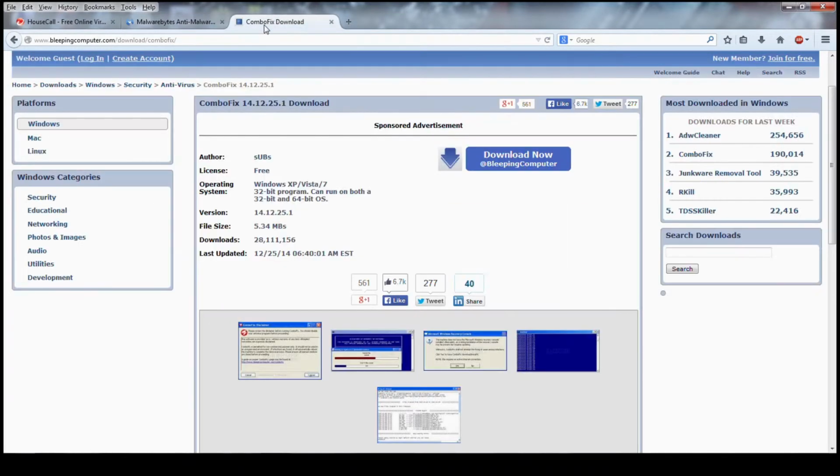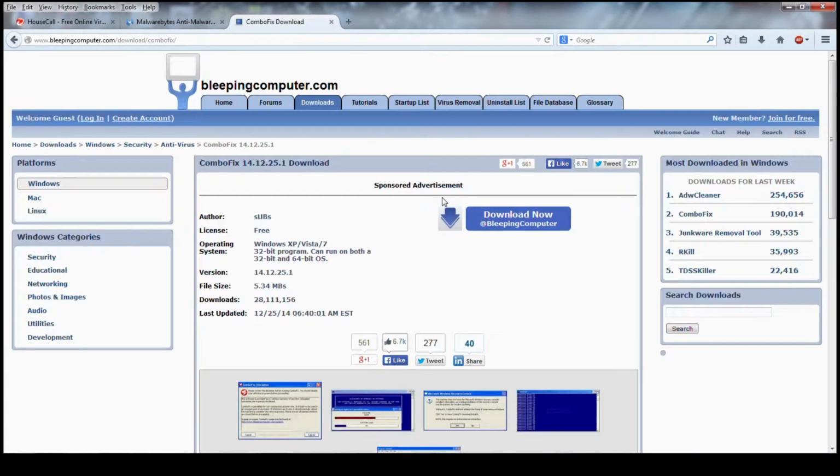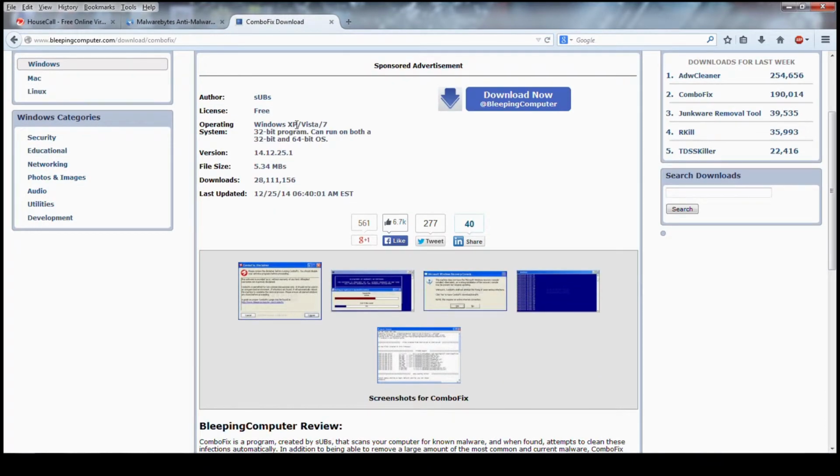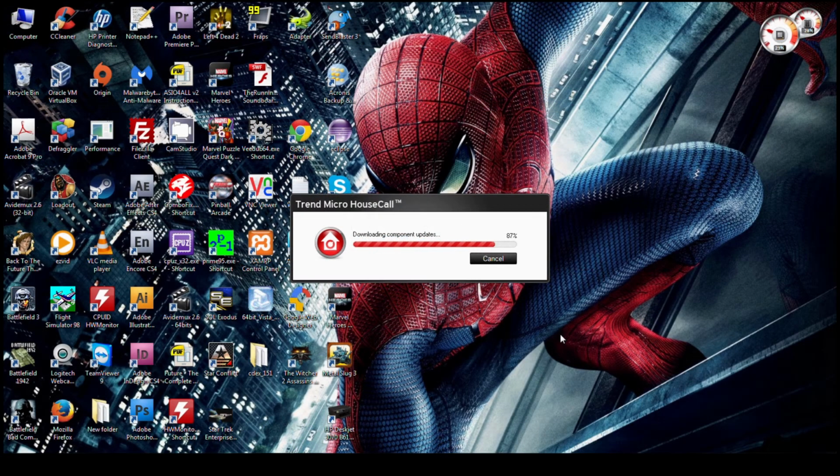and then the next one is Combo Fix, which you can get from bleepingcomputer.com, and I'll go through this with you afterwards. So as I was saying, you have a virus on your computer or some kind of crazy malware that's causing some kind of slowdown or something. I would go into msconfig first and disable anything that I didn't recognize,